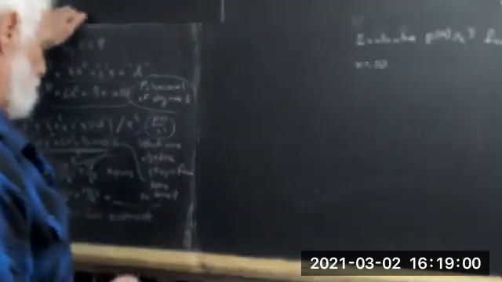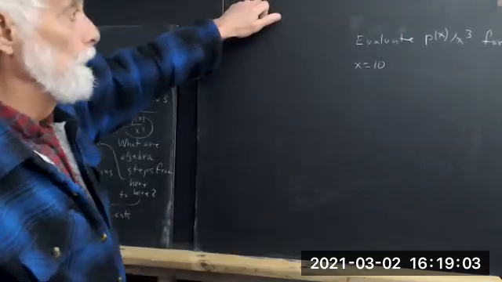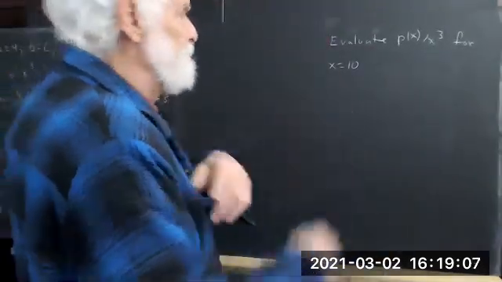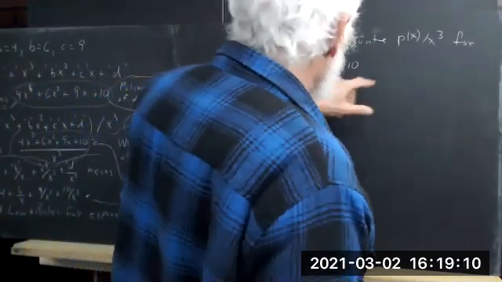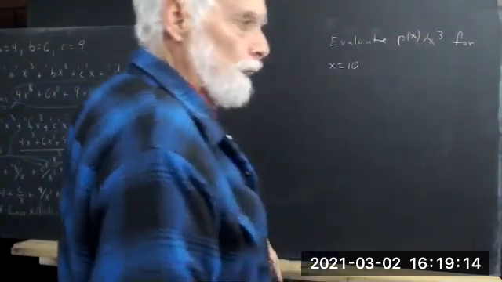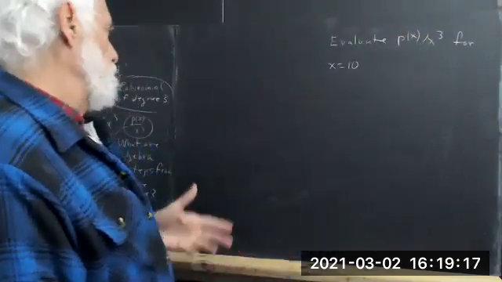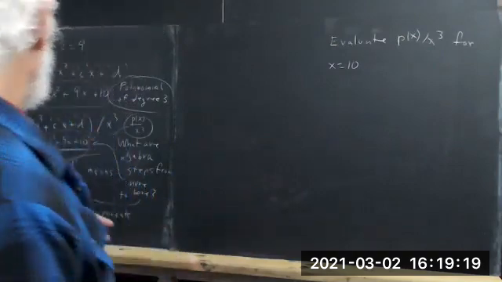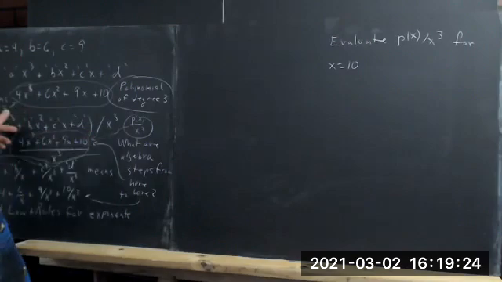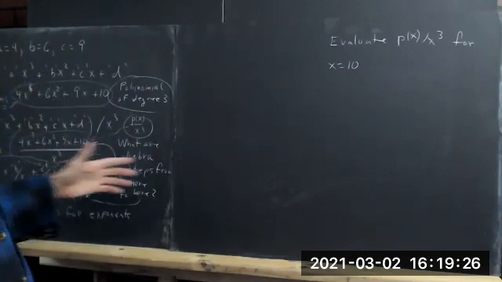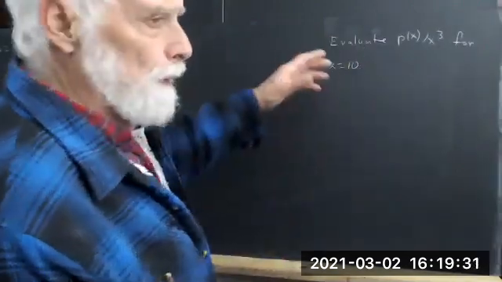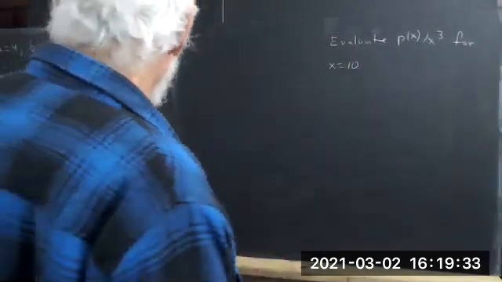And I haven't quite given myself enough room here. I can't write up real high on the board today. I injured the shoulder a little bit. Take a few days to recover. Okay, so evaluate P of X over X cubed for X equals 10. Now we could do that. We could plug 10 in for all these values of X, then evaluate P of 10, and then we could cube 10 to give us 1,000. And we could then do the division, but it's easier to do